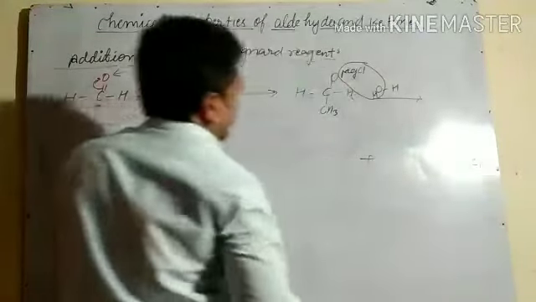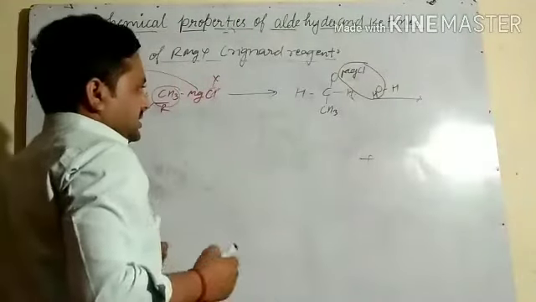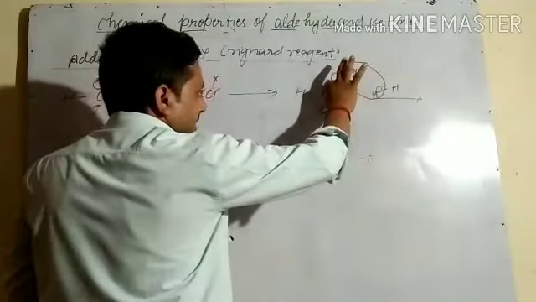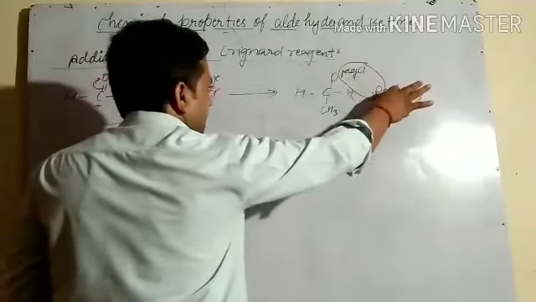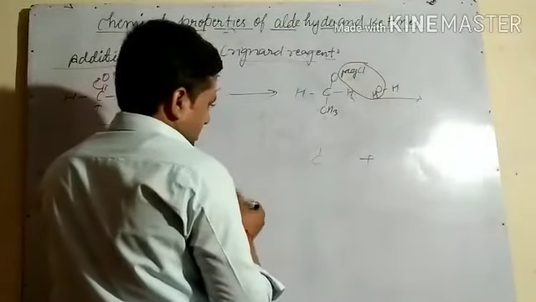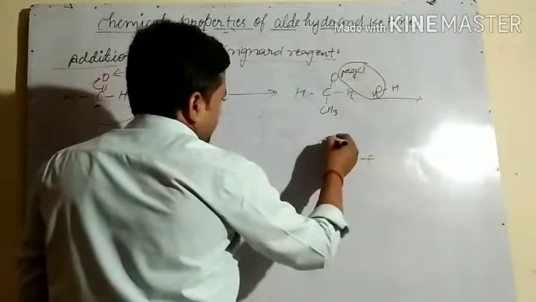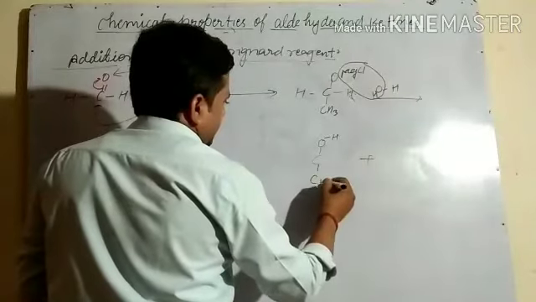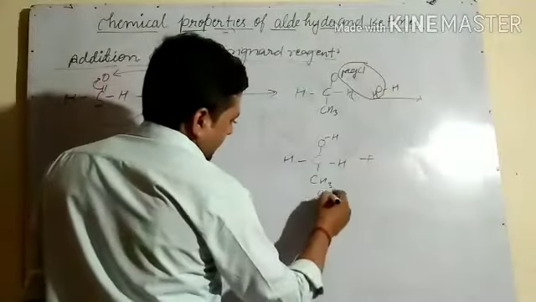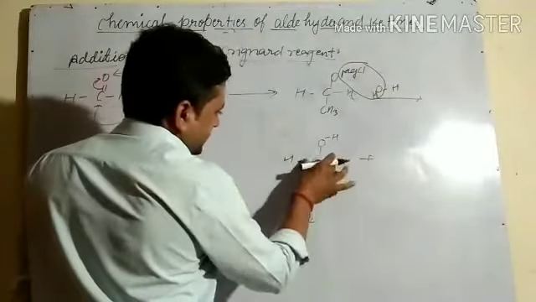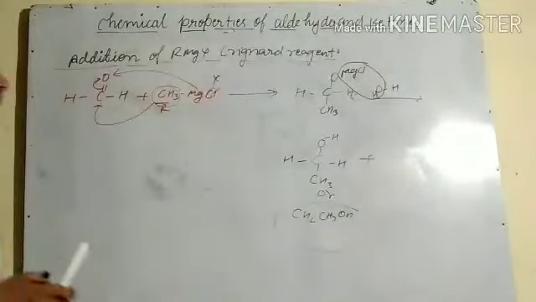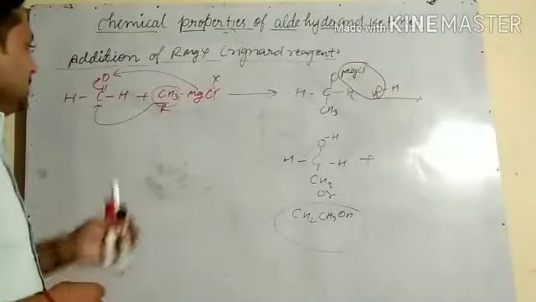MgOHCl. And the rest, what is the rest? The valency of that oxygen is one, the valency of that oxygen is two, so this will add to that. So I am just doing what you want. Here H and CH3, H and H. And if I write it like this, CH3 and, with the carbon, CH2 and OH. So what is this? This is a primary alcohol. So we can write it like this.